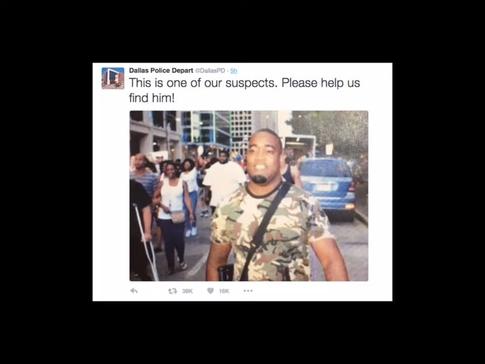is that this guy here showed up doing the same thing. Shortly after the shooting, the Dallas PD released a photo of this man, and they were searching for him as a person of interest in connection with the killing. During a press conference, the police said that this man was carrying an AR-15 rifle and was wearing camouflage gear, so obviously he was going to be a suspect in what was going on. This guy here, his name is Mark Hughes, and Mark happens to be the brother of the protest organizer Corey